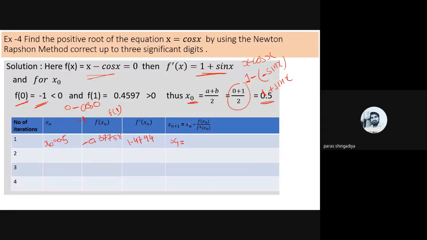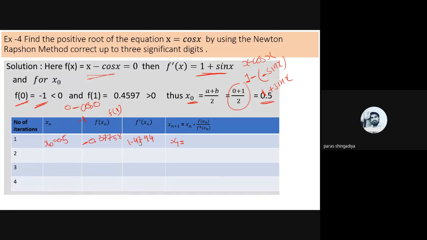So x1 will be x0 minus f(x0) upon f'(x0). There is one negative sign here, and here also one negative sign arises, so negative negative will be positive. So just consider 0.5, and after plus write a bracket, and in the bracket mention the value of f(x0)